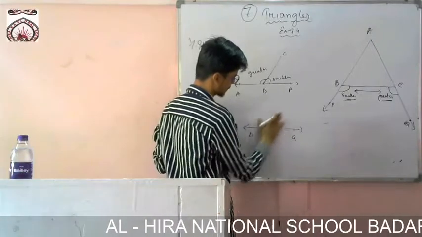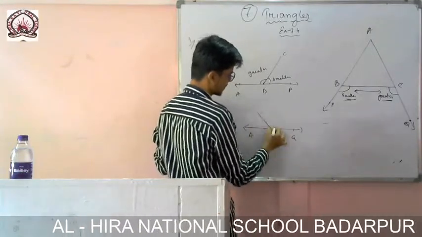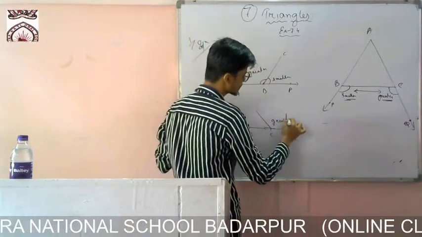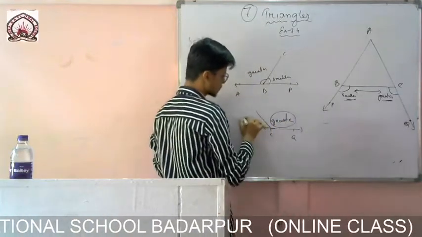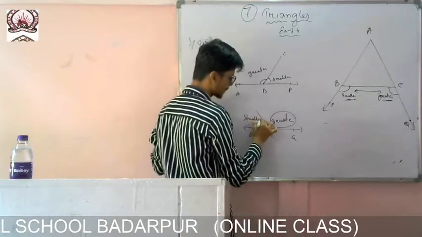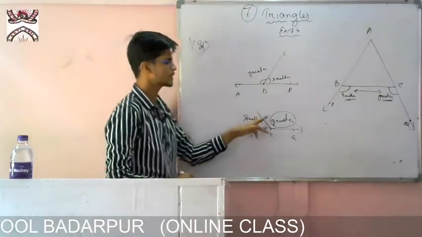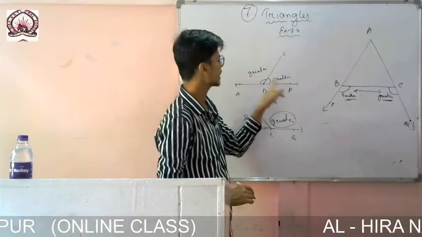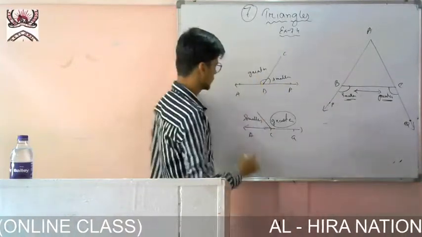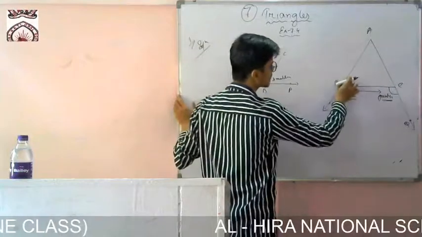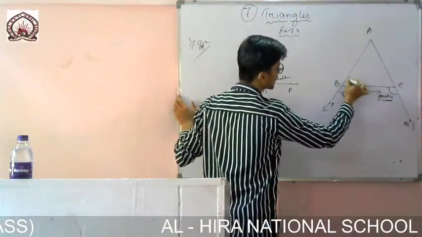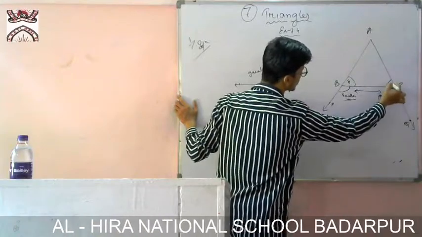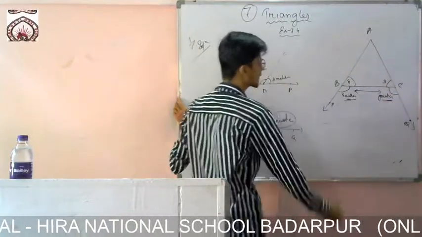Okay, let me take it like this. Here it is given that this angle is greater. If this is a greater angle, then this one will be smaller. Out of these two, if this is a greater angle, then this one will be smaller, and if this is a smaller angle, then that one will be greater. So if this one is smaller, then that one will be the greater angle. If this one is a smaller angle, then this one is greater.